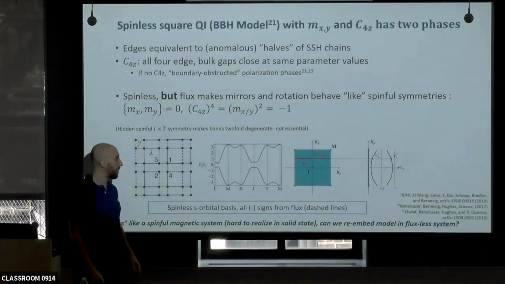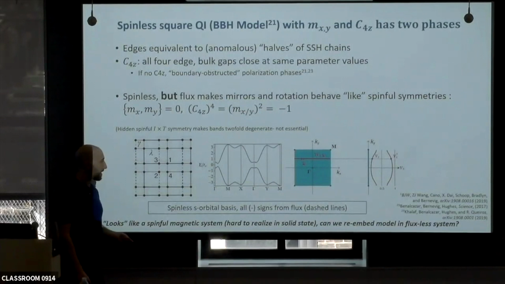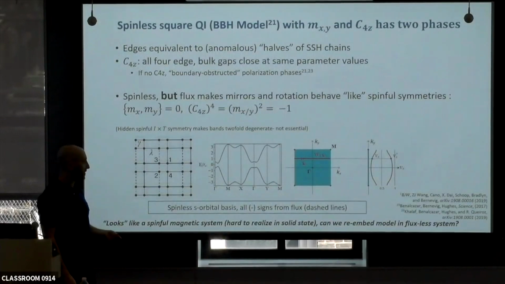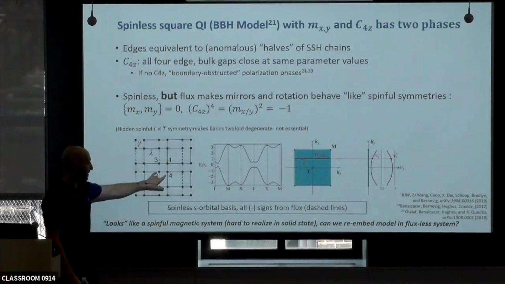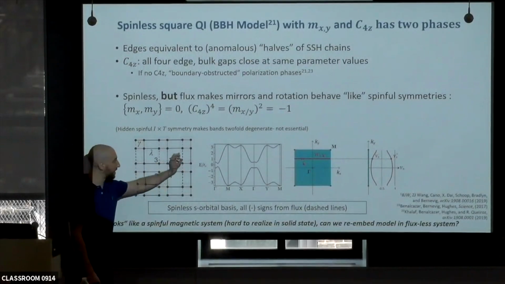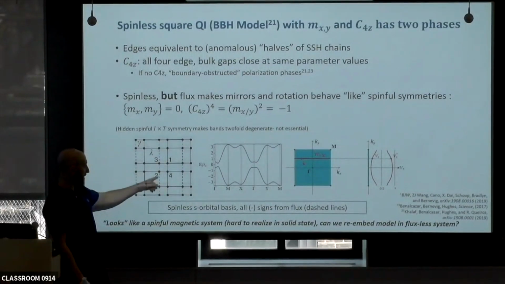So one of the reasons that this model is difficult to connect to solid state materials is because its construction relies on contrasting notions of some things acting like the electrons are spinful and some properties acting like the electrons are spinless. So in the model, I have 4 sites in some unit cell, and I place spinless electrons on each site, and I tune the hopping so it looks kind of like they're in the center. But then I thread a pi flux through each of these plaquettes, and so the dashed lines are the ones